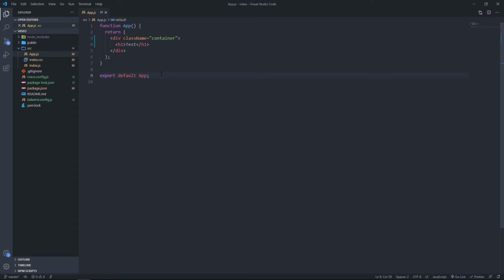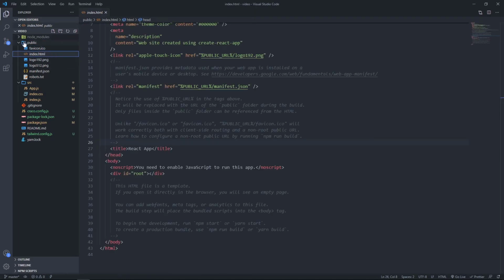Now that I'm not getting any errors, we are ready to get started with implementing some of the files that we're going to need for this application, creating them, and also adding some scripts. So the first thing I'm going to do is just get this out of the way. I'm going to go into my public folder,